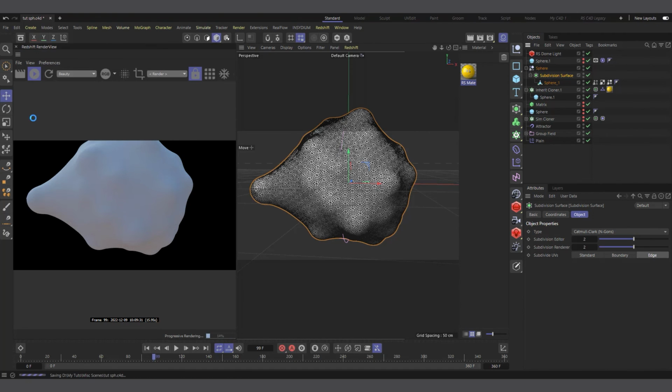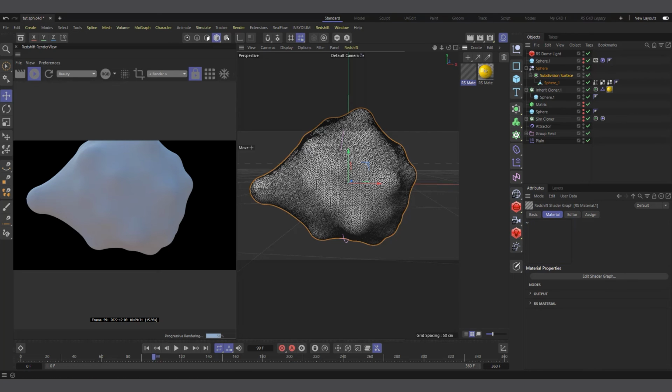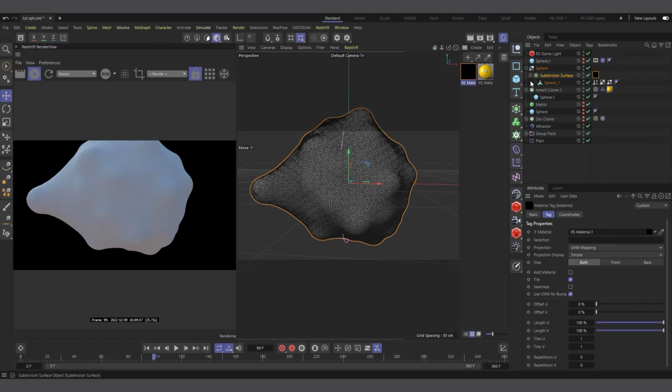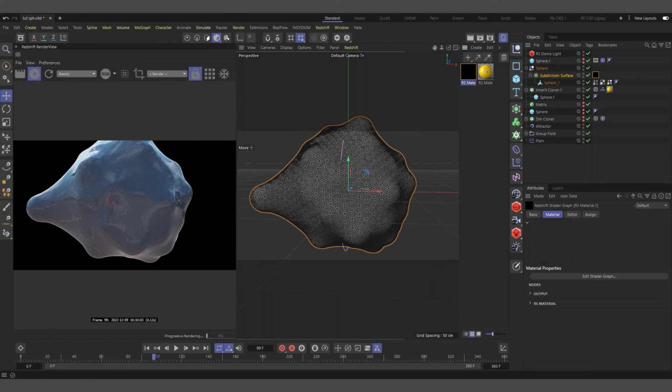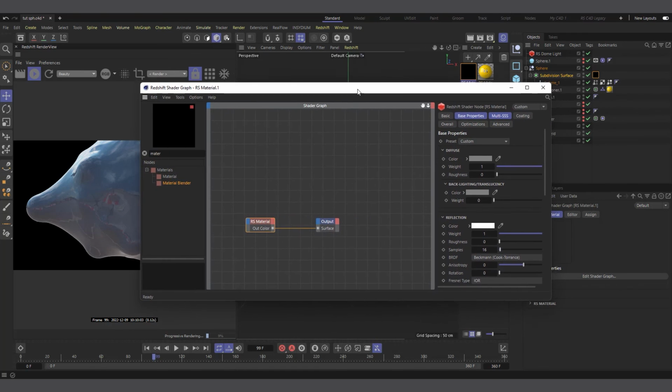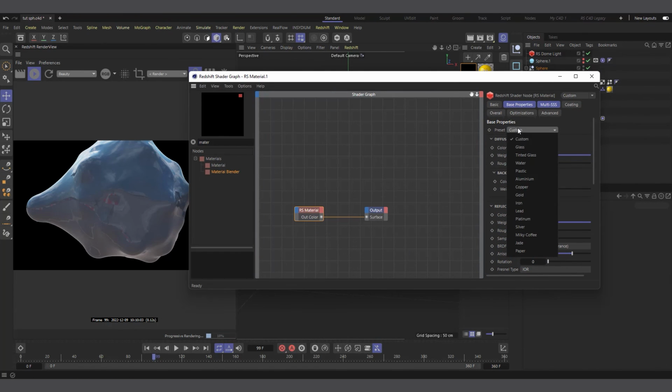So let's come in and create a Redshift material. All right, let's apply it to our, how do you call it? I'll call it plastic or rubber, whatever. And now select the Redshift material, bring its node, and let's change it to, maybe, let's see